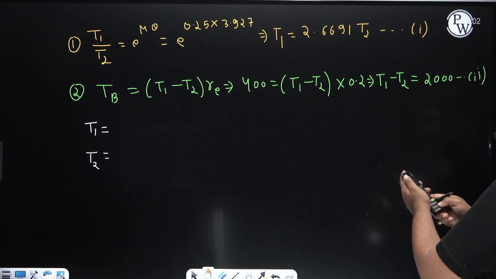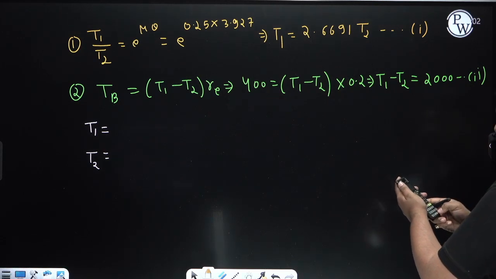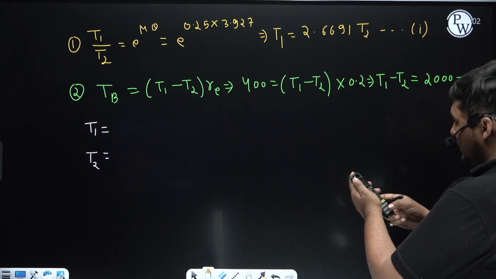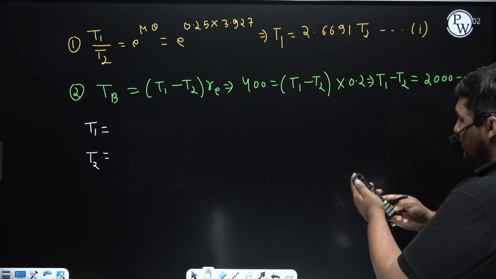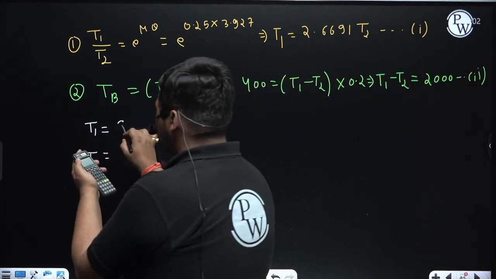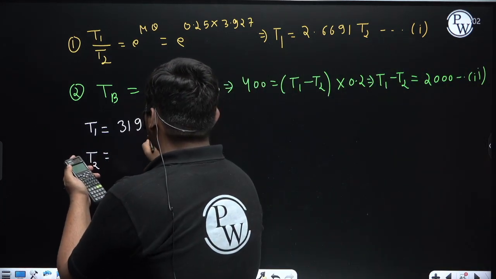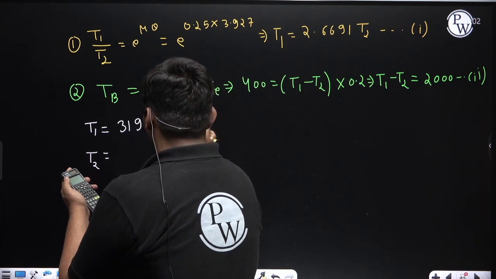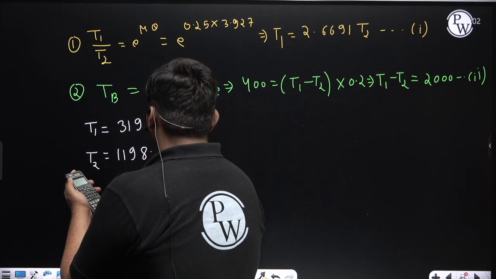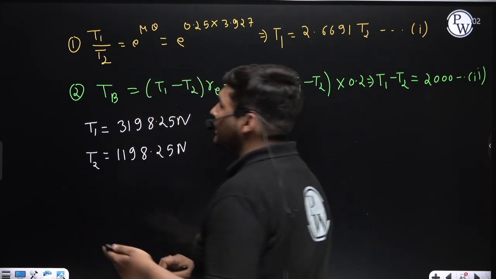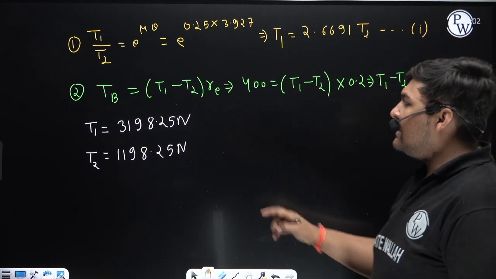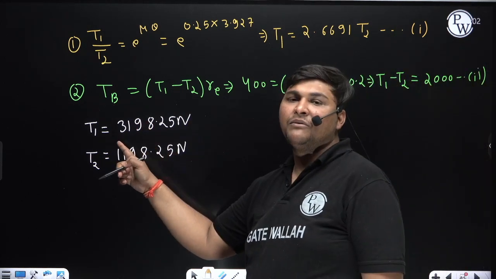One relation is T1 minus T2 is equal to 2000, another is T1 is equal to 2.6691 T2. Here T1 is coming, you can check the calculation, it is your part, 3198.25 Newton, and T2 is coming 1198.25 Newton. It is the value of T1 and T2. Okay. Now what we will do, we will find the relation between braking effort P, T1 and T2 by using